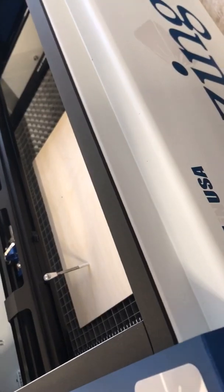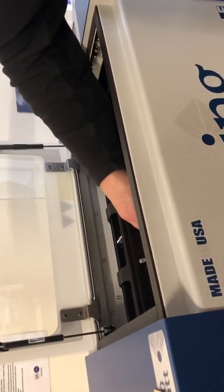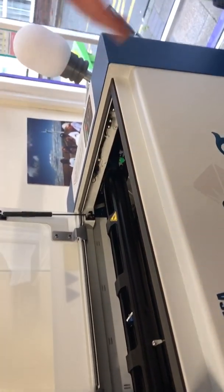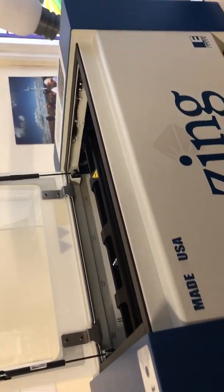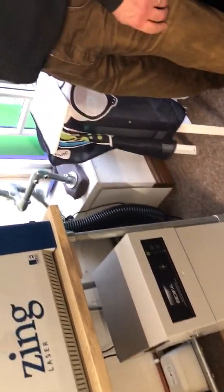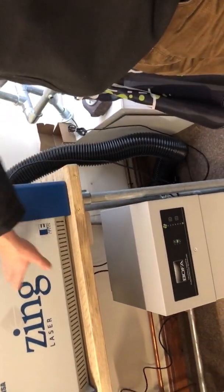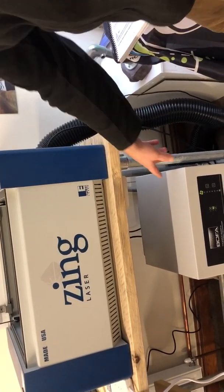The fumes are extracted. So if we just cover the basics first: the beam then processes the material. We're either going to cut it or we're going to engrave it. That generates fumes because we're actually burning through the material. That's dealt with by an extraction system. There's a big pipe that comes out of the back of the laser. So this is sucking air in through the front, and then the fumes out of the back and into this